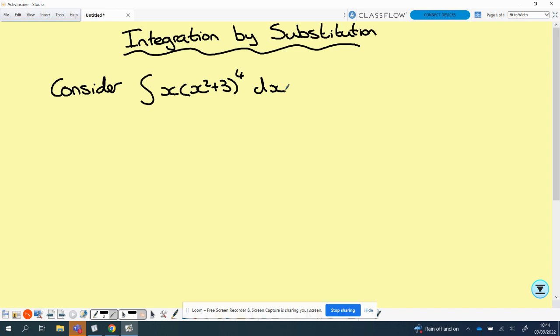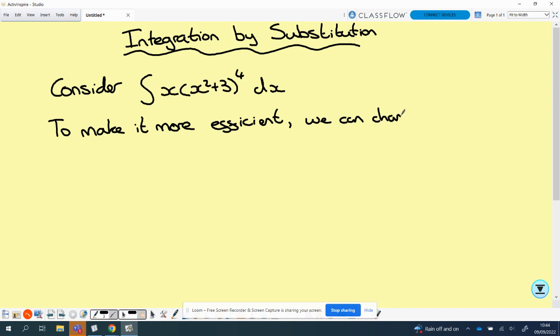So what we can do now to make it more efficient, right, so to make it more efficient, we can change the variable by substitution. And if we're clever with the variable in the substitution part, we can make this question a lot easier. Okay, so let's actually